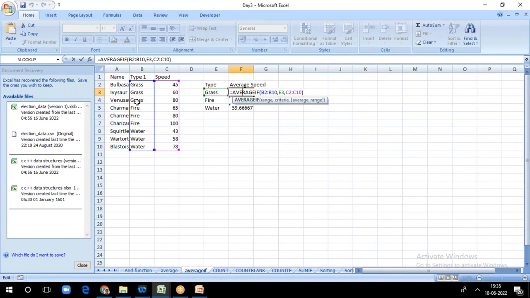So I'm focused on this fire. Sorry, grass. So the grass is located at this E3 in column 3. So I've just put the criteria here. Then you have to give the average range. Average range means the value